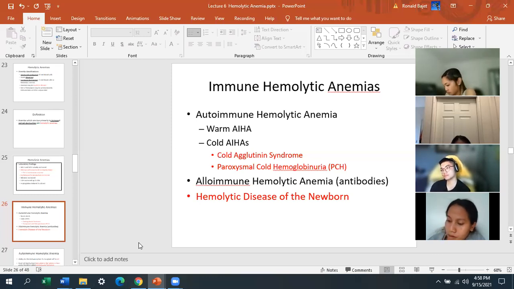It's going to be hemolytic disease of the newborn. Hemolytic disease of the newborn is another significant situation where the mother is Rh positive, so the mother has a D antigen, right? But